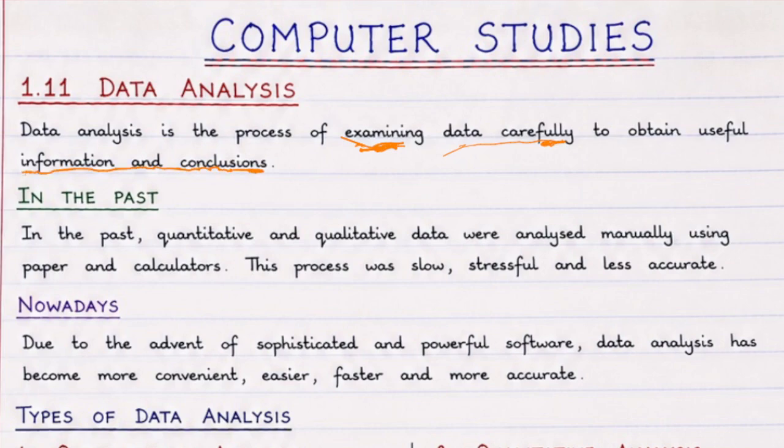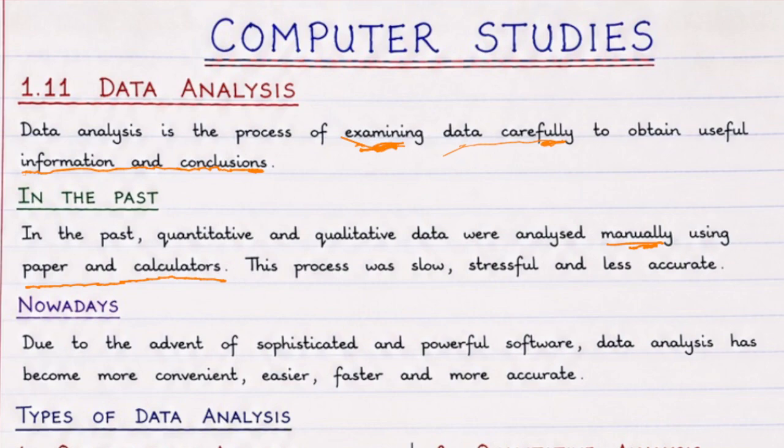In the past, quantitative and qualitative data were analyzed manually, and when we say manually, we are talking about using paper and calculator. But the downside to that is that the processes were very slow, stressful, and less accurate,